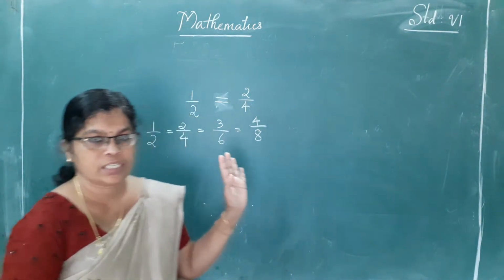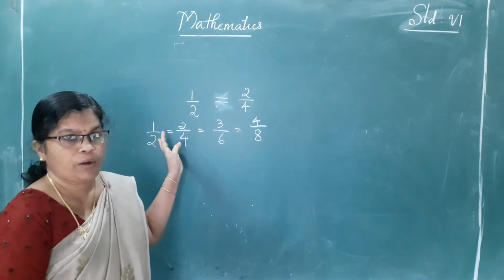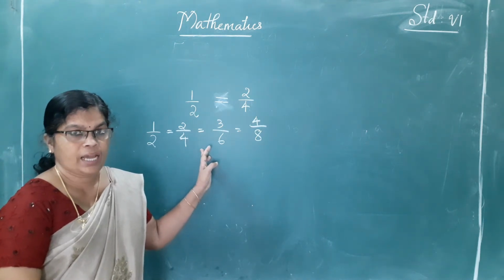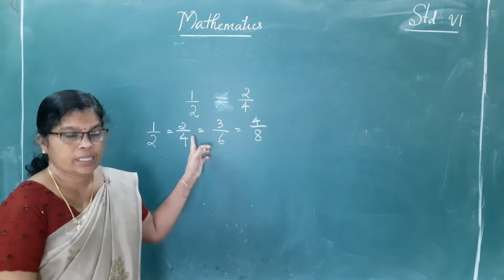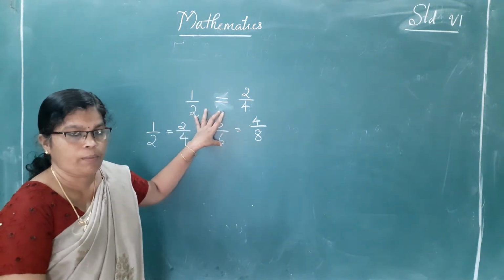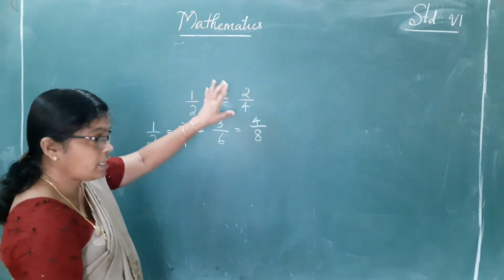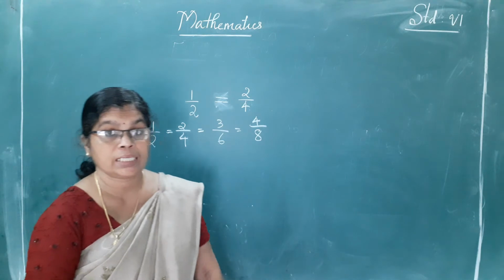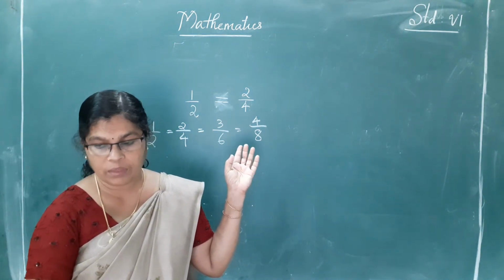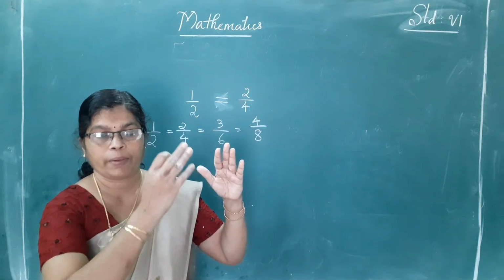And that half portion is, the first one was divided into two equal parts and one part is 1 by 2. The second paper I have divided into 4 equal parts and out of that 2 I have shaded, that is 2 by 4. Then the third piece I have divided into 6 equal parts, then 3 parts I shaded and 3 by 6. And the last piece I have divided into 8 equal parts, out of that 4 I have shaded, isn't it? And from the 4 papers when we kept together, we understood that half of the papers are